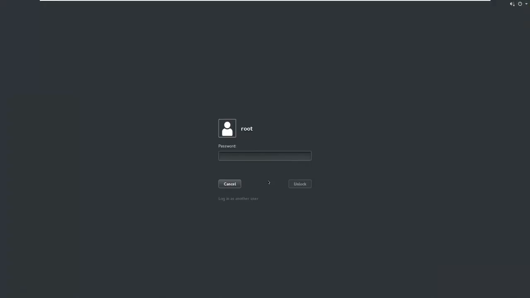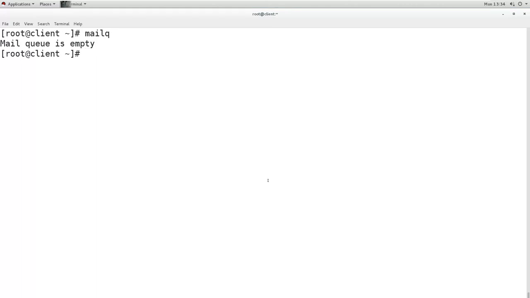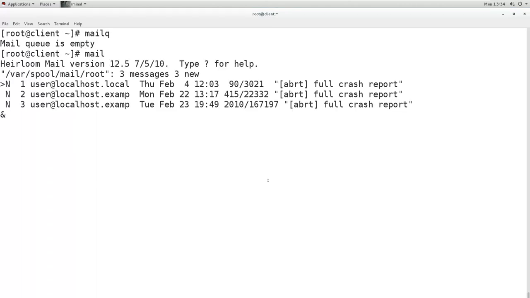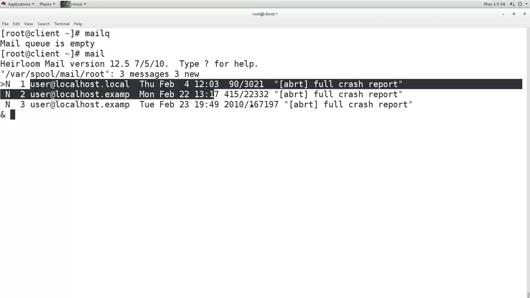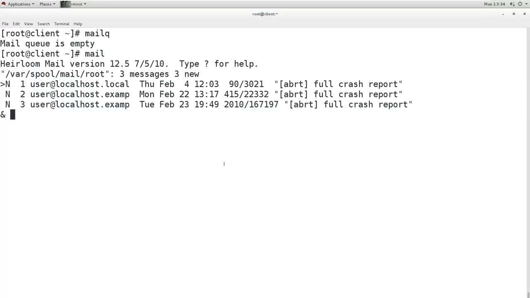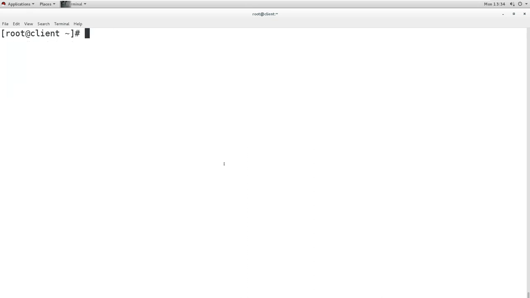For example, this is our client machine, and from the client machine you want to receive the mail. So you can use this mail tool. These are system generated mails. Or you can use Mutt. Now Mutt is not installed by default. It is not working, the command is not found. So you can install Mutt. I have a Yum server, you can use RPM also.